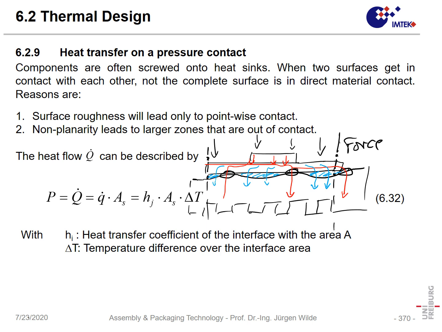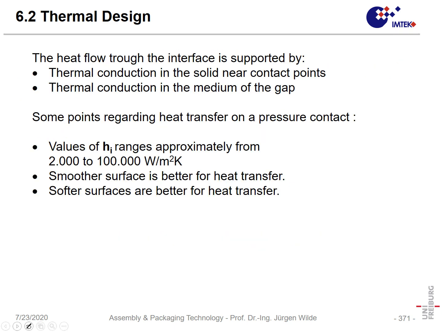That is why we use thermal grease, to fill up the gaps which cannot be avoided because the surfaces are not perfectly flat. What we do not want is something like a thermal grease